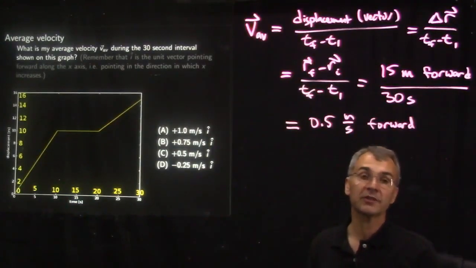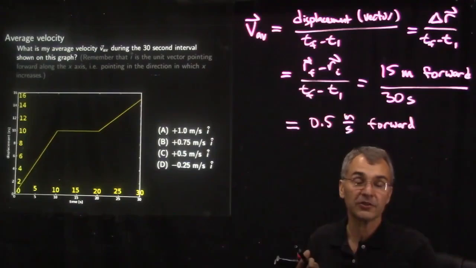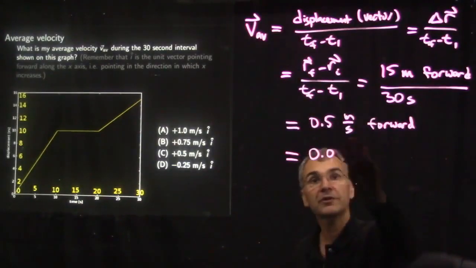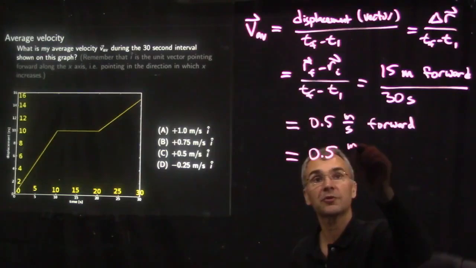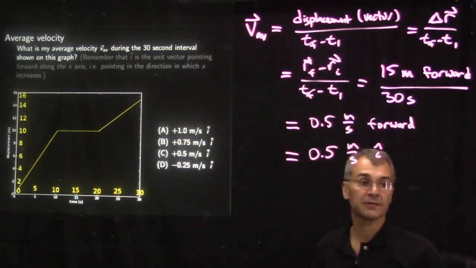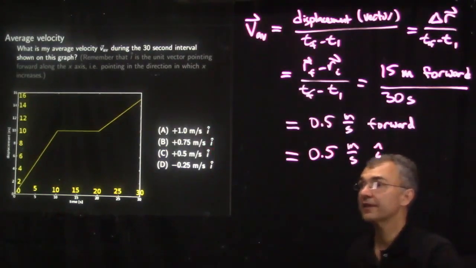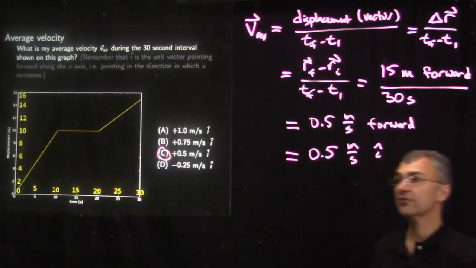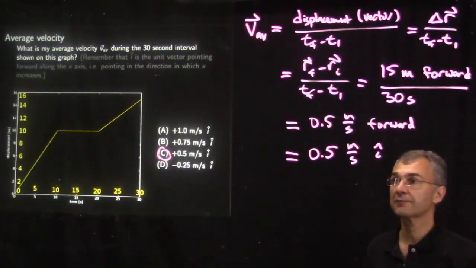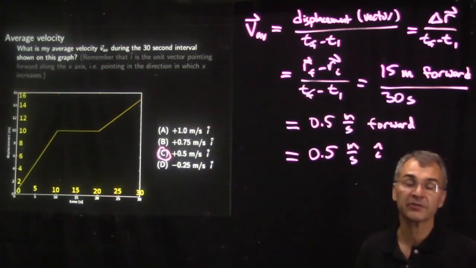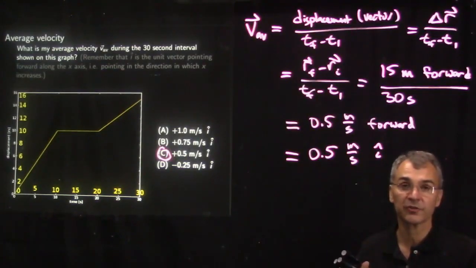Forward is along the positive x-axis. So the I hat is the unit vector along the positive x-axis. We could say 0.5 meters per second I hat. That would be fine. I don't usually like to use I hat, but there it is. So I think I like this one, plus 0.5 meters per second I hat. The I hat means in the direction of the positive x-axis, in the direction in which the x variable increases,